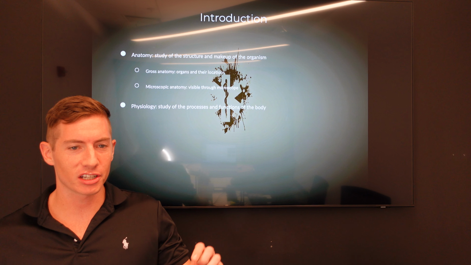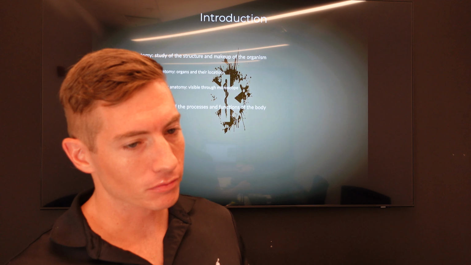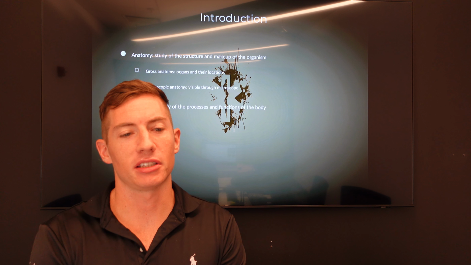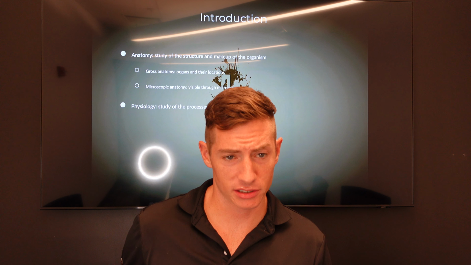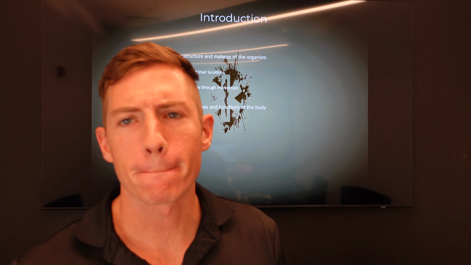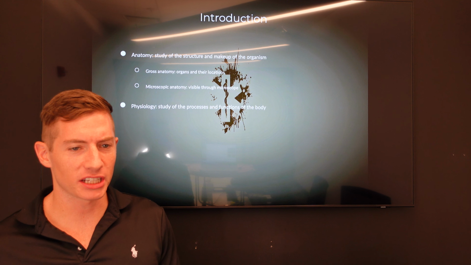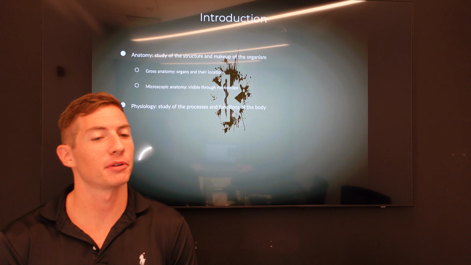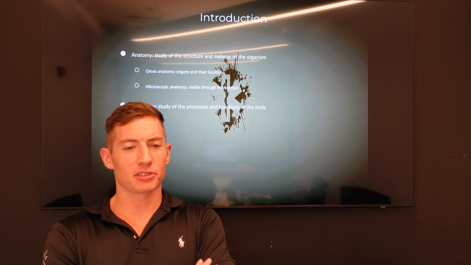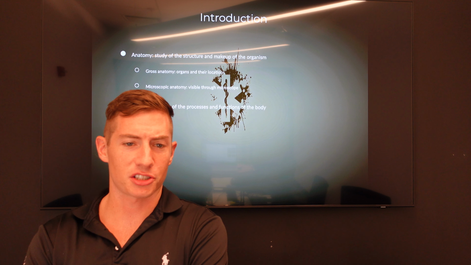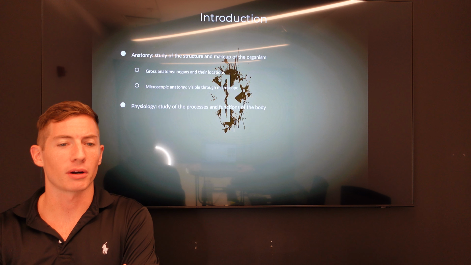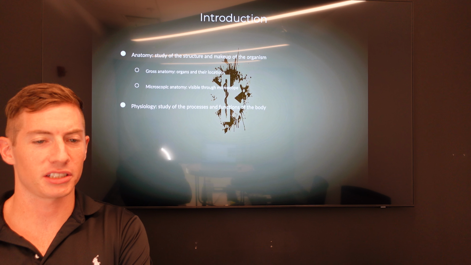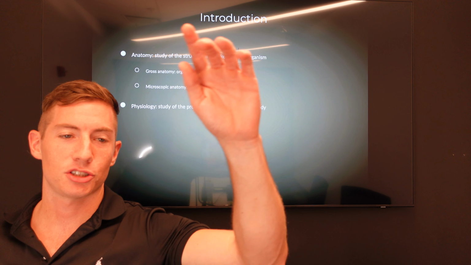All right, gross anatomy is the study of organs and their locations in the body. Microscopic anatomy studies the tissue and cellular components that cannot be seen with the naked eye. Physiology is the study of the processes and functions of the body. Homeostasis is a state of balance in which the organs and their systems can function effectively. That's where we want to get to. Maintaining homeostasis preserves conditions necessary for normal life processes to function correctly, such as temperature, acid-base balance, and gas and mineral concentrations. Pathophysiology is the study of how the body functions and changes.